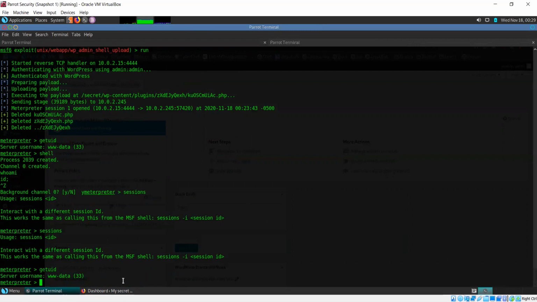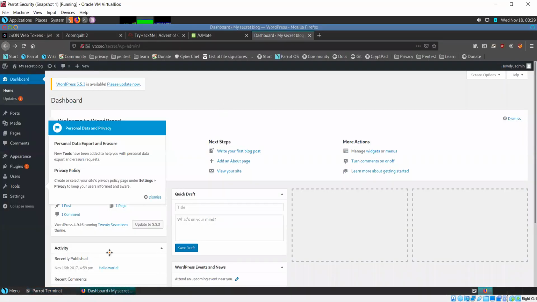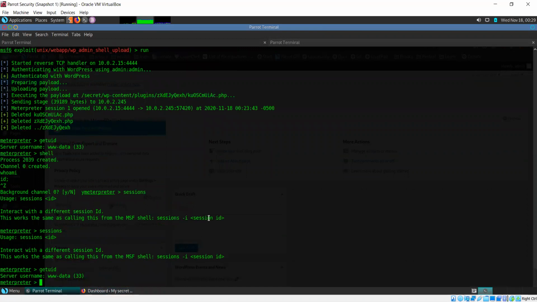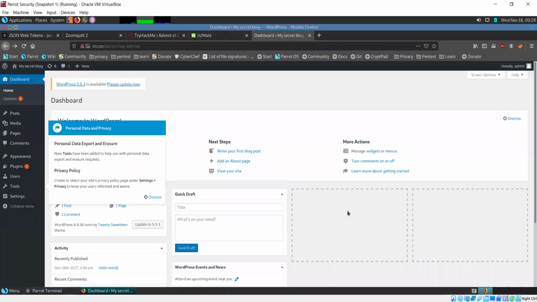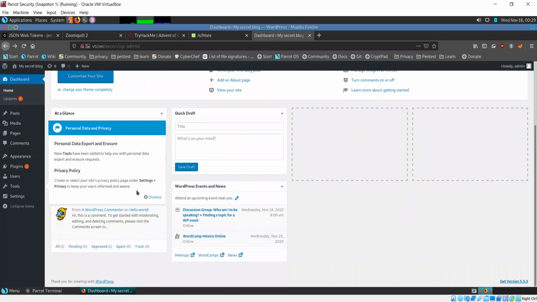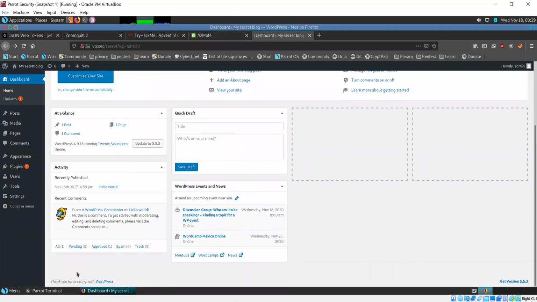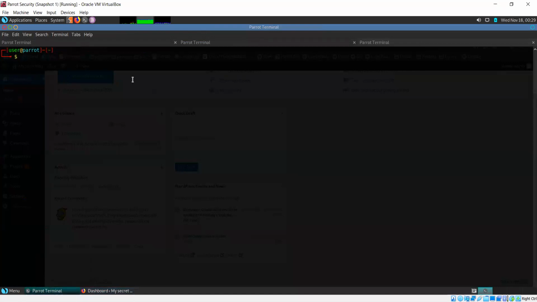Now, what we need to do is, like I mentioned, privilege escalation. When you hack into a system and now you want to know how you can perform privilege escalation, what you usually do is you have some kind of script that checks for privilege escalation possibilities on a system, and if it does find something, it will tell you. So you have the script on your own system and you upload it to the target.